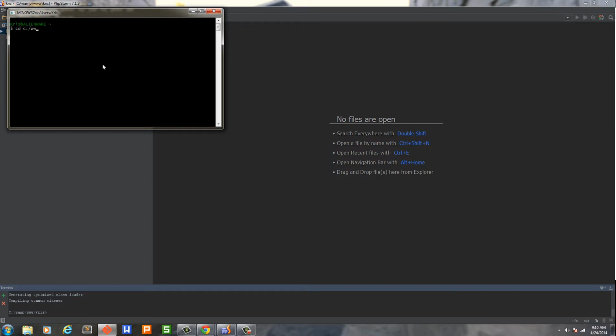So I'm just going to cd into my WAMP folder, so WAMP and www. And now what I use is just the create project. Most of you are probably already using this, but for those of you who aren't, I suggest you do use it because it's much easier. And I'm just going to throw this into a tuts folder. What I'm basically doing is saying Composer, create project, and it's going to be from Laravel. And the folder that I want to install it to is going to be the tuts folder in the www directory. So hit enter,